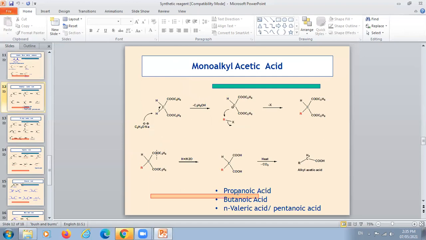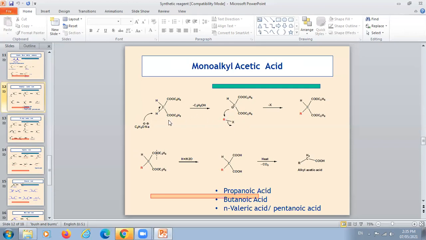After that, we have started the applications. Now, first application is synthesis of a monoalkyl acetic acid from diethyl malonate or malonic ester. That also already we have seen. In this case, step first is abstraction of proton. There is a formation of a carbanion of a malonic ester. As soon as the carbanion of malonic ester is formed, now that reacts with the alkyl halide and